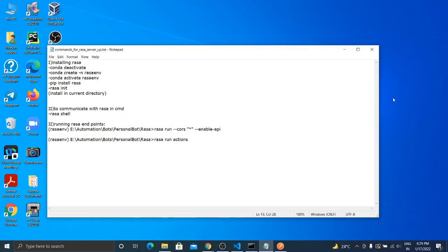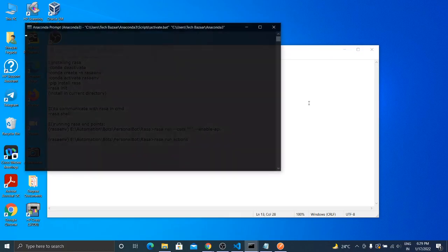So today we will be creating a video based on how we can create a Rasa UI. We will be installing Rasa first of all and connecting it to our custom design UI created using the React framework. So first of all we will need to install Rasa in our system and then connect it to the React framework. For that purpose we will be using Anaconda. So first of all, start Anaconda prompt.